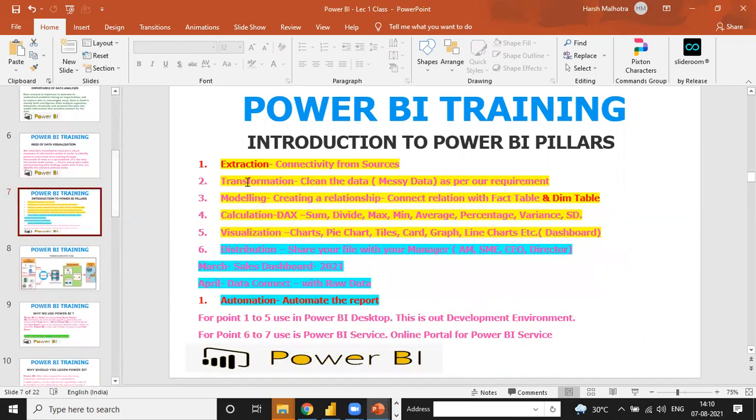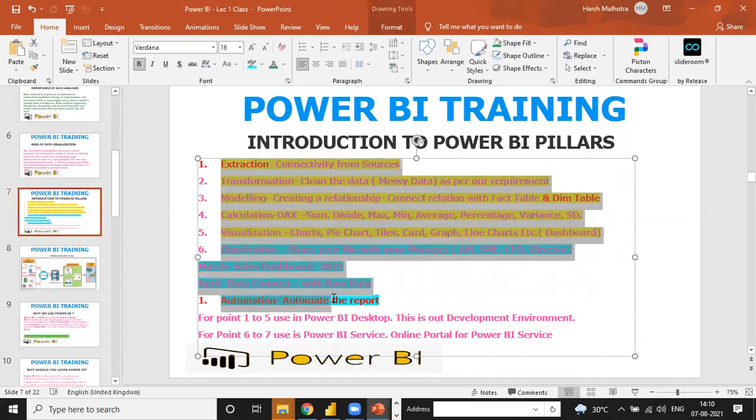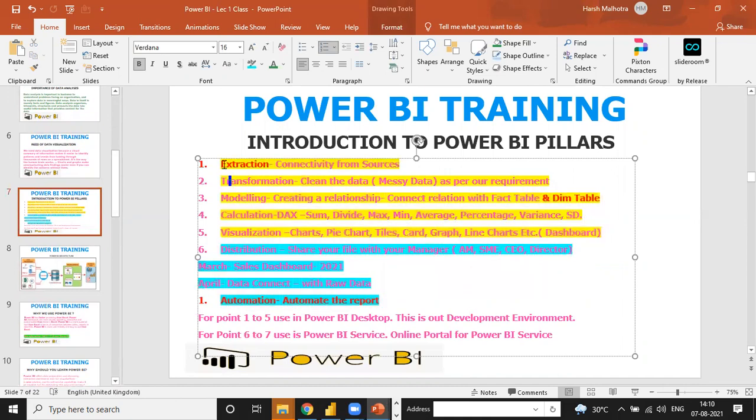When you have knowledge about these 7 steps, you can make any dashboard. The sixth one is distribution, and the seventh one is automation, which is not even 1% of the work, because you just feed your data and directly pull out the refreshed report. Then your data is automated directly.